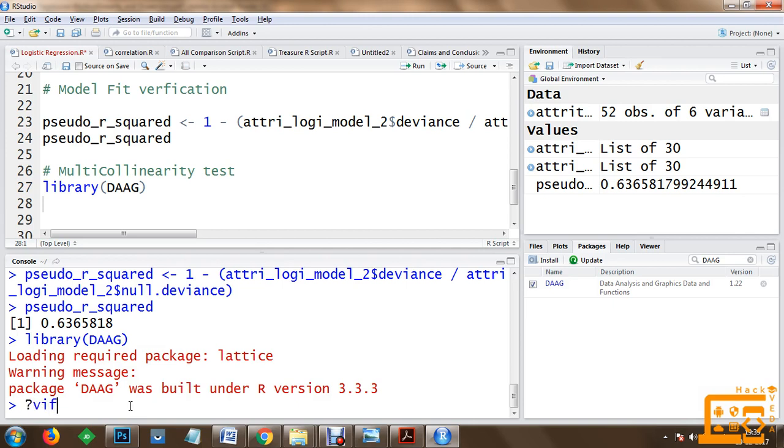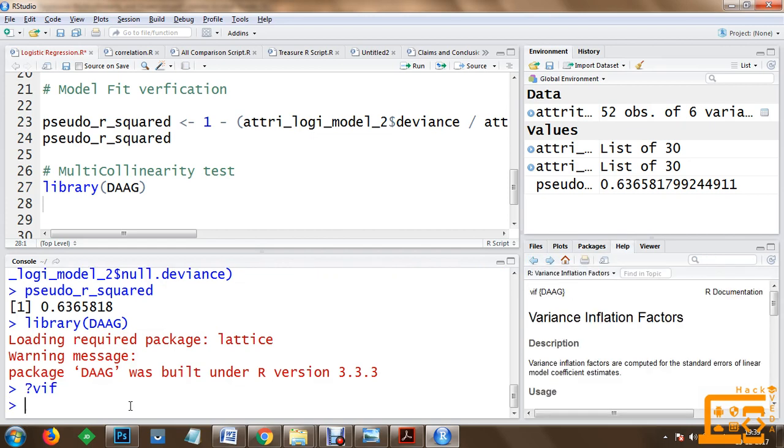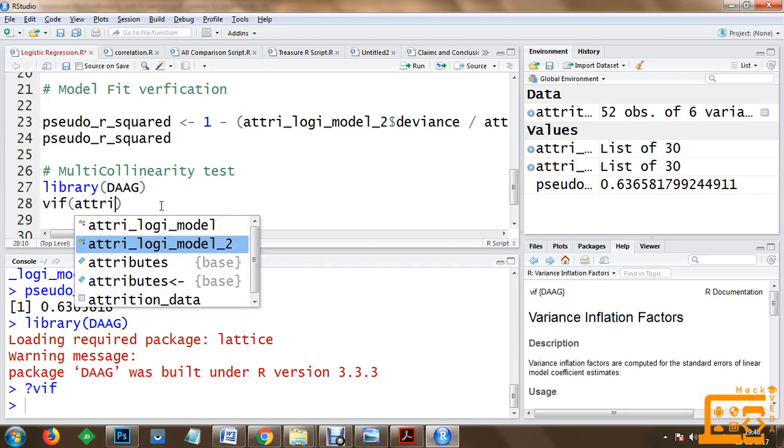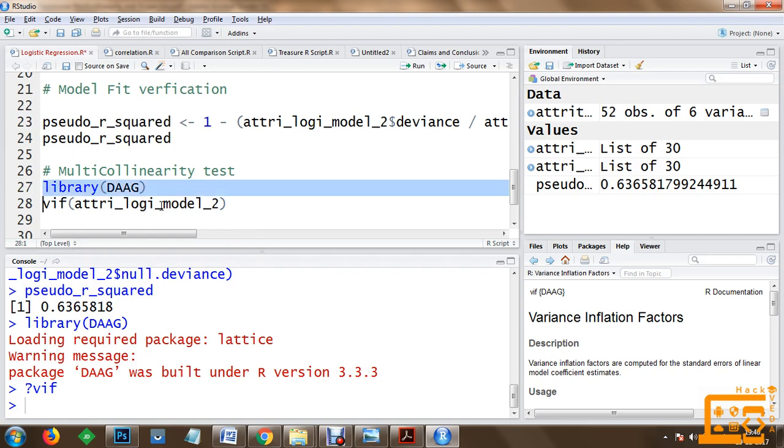You can quickly take help on the VIF function like this. Here on the right hand side, you can see that it computes variance inflation factor. Variance inflation factors are computed for the standard errors of linear model coefficient estimates. Now we can go for the VIF function and provide our attrition logistic model 2, and we are going to execute both the statements.